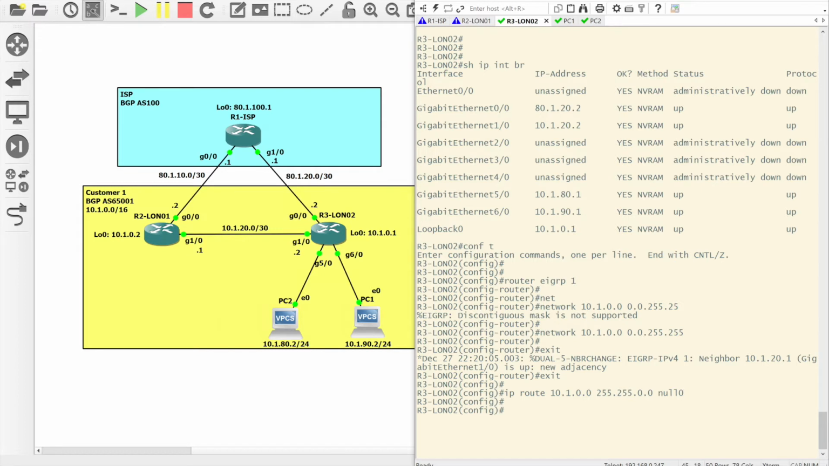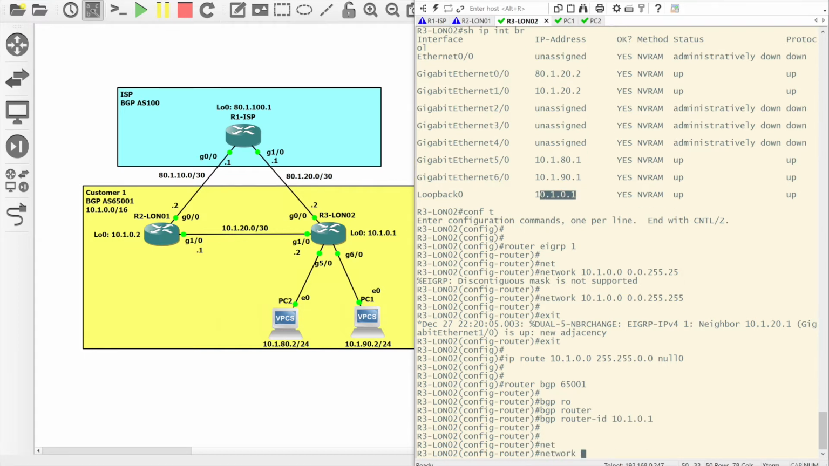Send that to null 0. And then we'll do the BGP configuration. So router BGP 65001, BGP router ID, and we'll also put the network in here first as well. So network 10.1.0.0 mask /16,